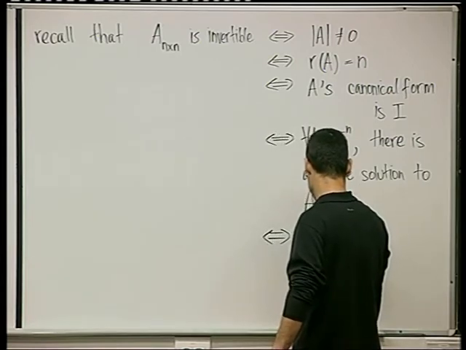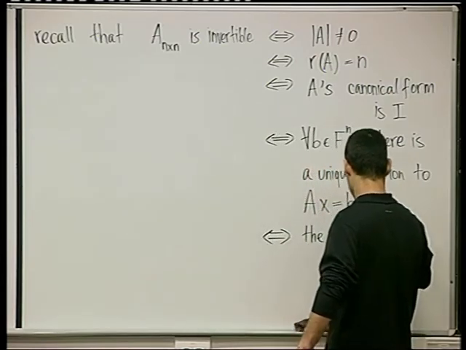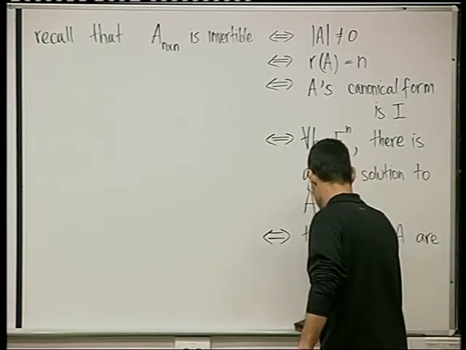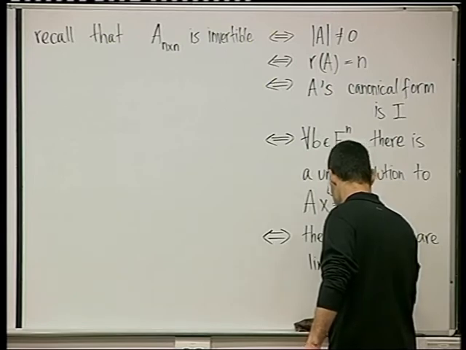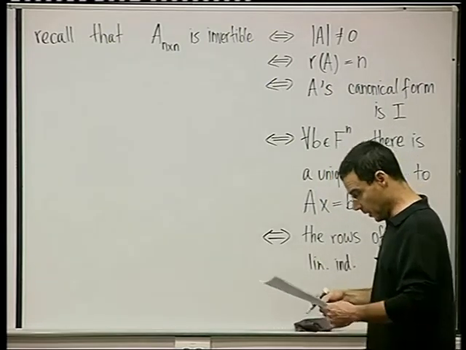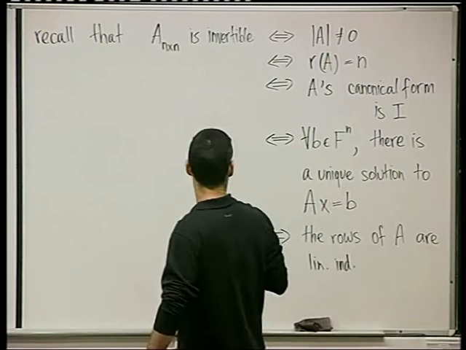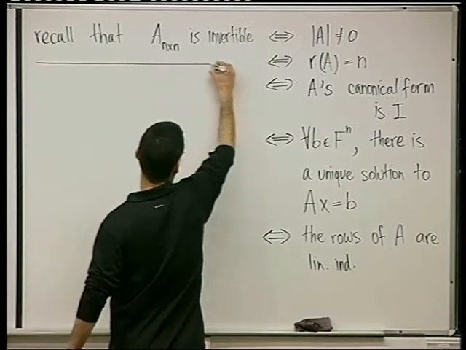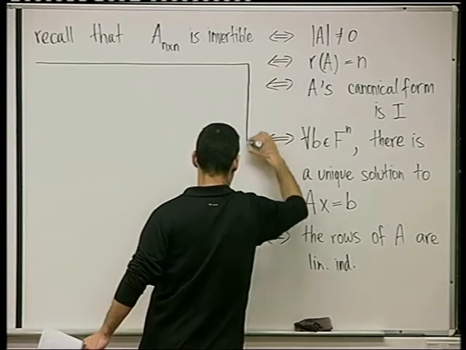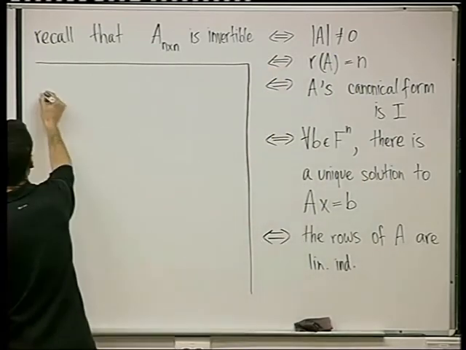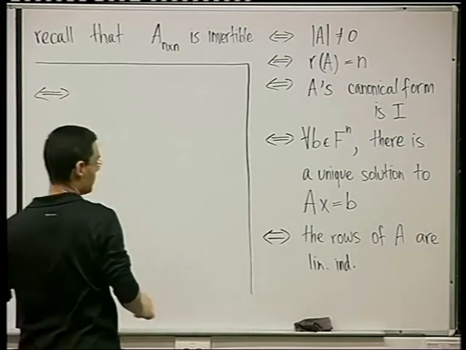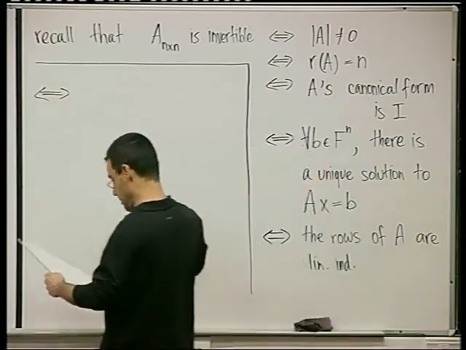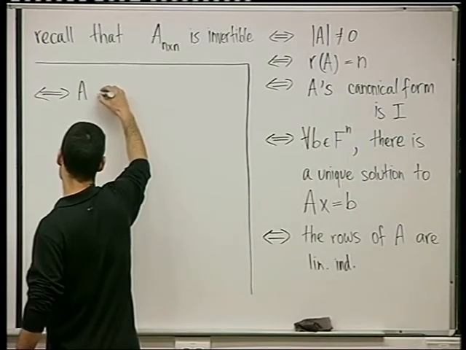The rows of A are linearly independent. If and only if the dimension of the row space. Let's continue here. If and only if, it's just continuing the list, if and only if A